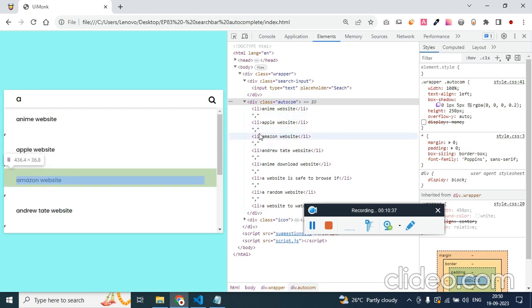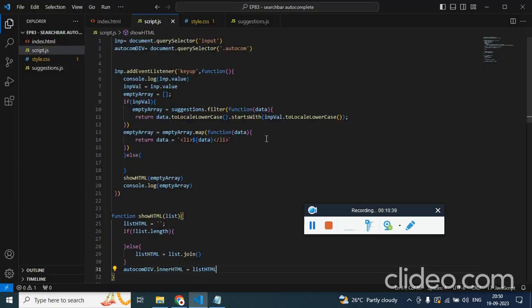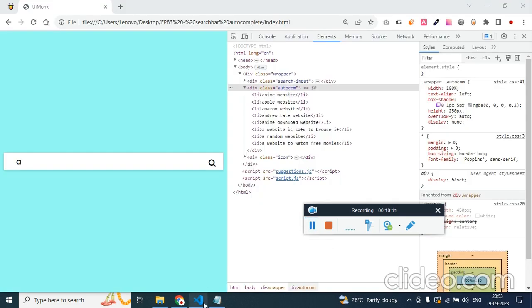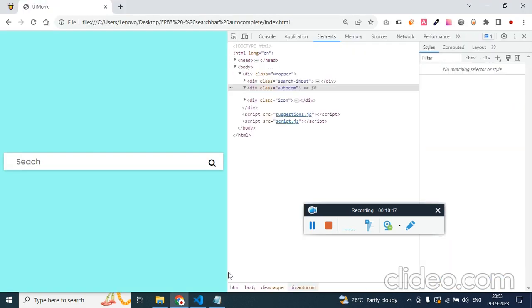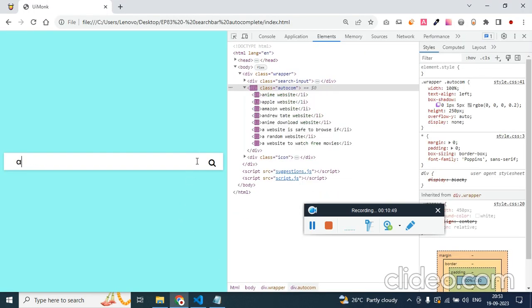So there is the comma, let's just fix that. It's very simple, previously it was blank, I've just changed it this way. Now if I type something, we get it without the comma. Now we need to add a class called active